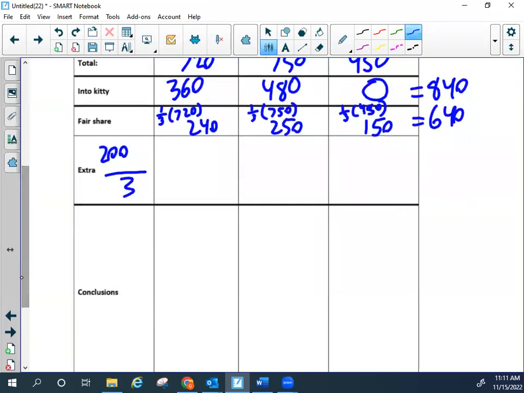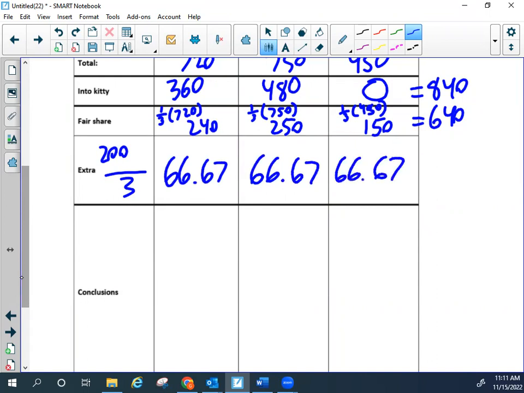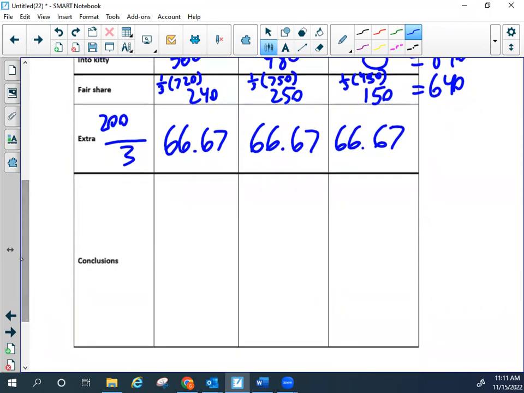We divide that by 3 because there's 3 people bidding, which means everyone gets an extra $66.67. And I know we might be a penny off by rounding, but that's okay. So in the end, Mickey ends up getting the clubhouse. Remember, it's fair share plus extra minus their contribution to the kitty. The fair share and extra is money they put in their pocket, kitty money they take out of their pocket. In Mickey's case, it comes out to a negative number, which means he gets the clubhouse,